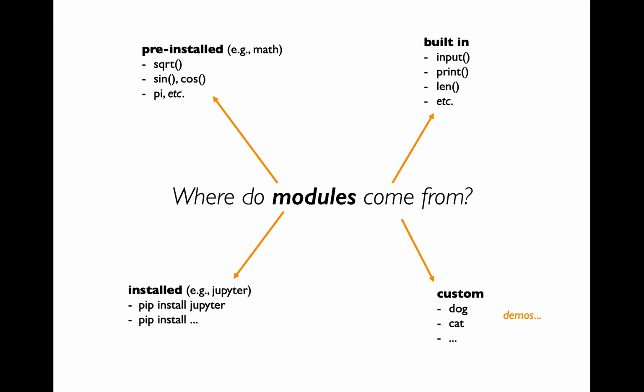The built-in module functions can be used by default inside your program without requiring any sort of import statements. Examples for built-in functions would be print function, input function, length function, type function, and so on. You can Google built-in function list in Python 3 and that will give you all the possible built-in functions for you to use.